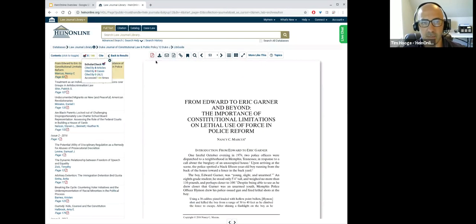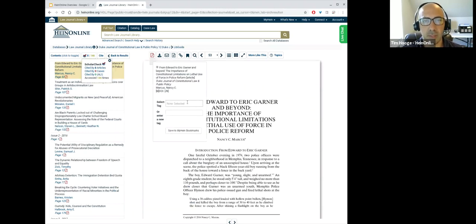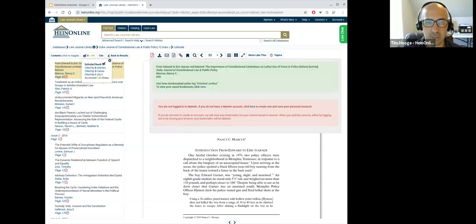Running across the top of the screen is where we can grab our PDFs, our print download options, and email this to anyone who may need access to HeinOnline, but maybe is unavailable to come into the library or is unavailable to get onto the remote access. We can bookmark, so maybe we're interested in saving the research that we're performing and creating a bookmark that says Criminal Justice. And as we go along, we can save our articles into a particular bookmark in our My Hein tool.